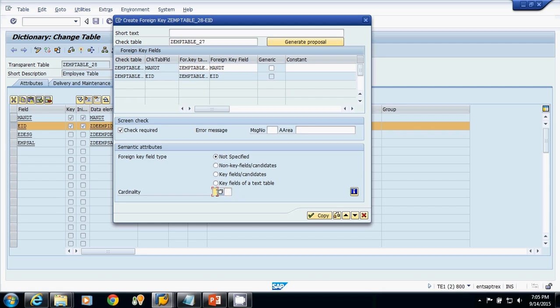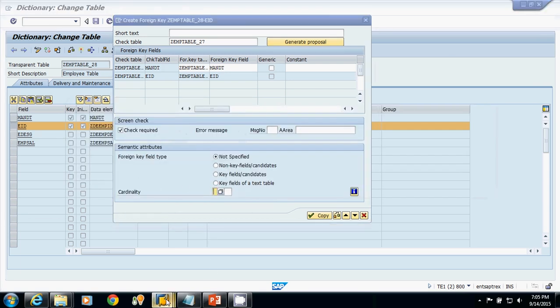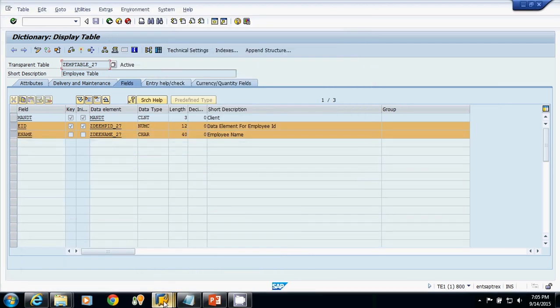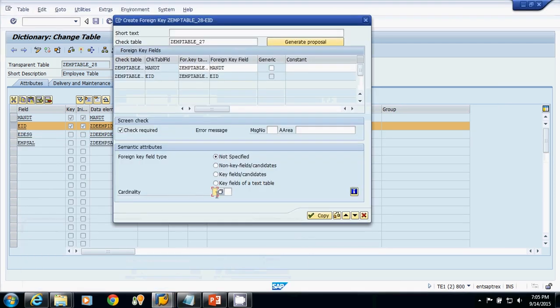It means the number of rows in one table corresponds to how many number of rows in the second table. See, in both the tables underscore 27 and underscore 28, I have 1-to-1 relationship. Means one row in the first table corresponds to exactly one row in the second table. So the relationship is 1:1.